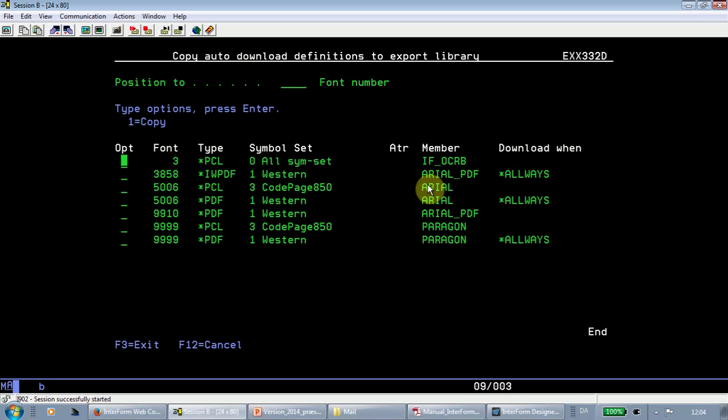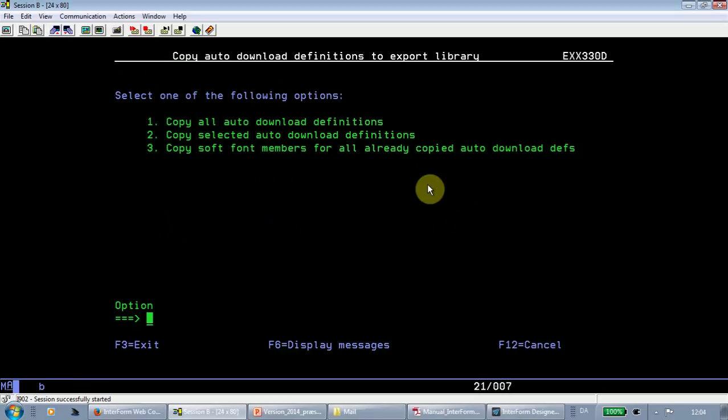For the PCL printer groups, please note that you can only export the ones that are including the output queue *ALL PCL. So it's definitely recommended to go with only one PCL printer group that's valid for all PCL output, and that's the one you can export and import here with Interform. Okay, you can export and import